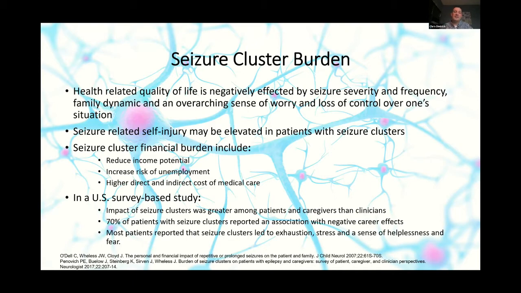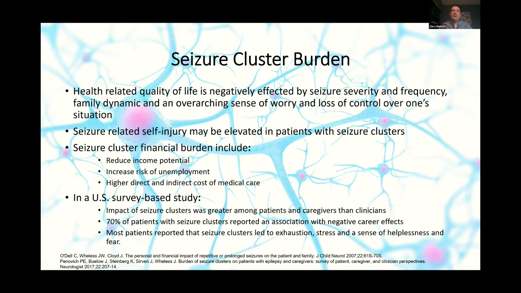But then there's also the physical aspects. You can injure yourself having a seizure. You can hit your head. You can break your arm. Any of those things can happen. And then if you take that a step further, you can look at it from a financial standpoint. If you're concerned about seizures and not being able to go to work, then that can affect you from an income standpoint, which then,